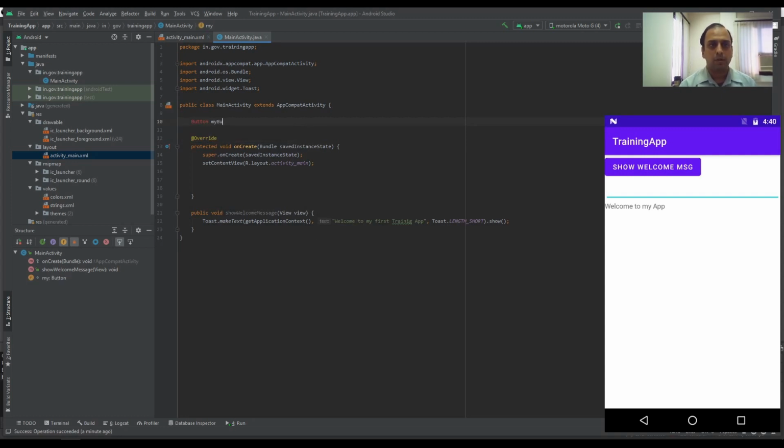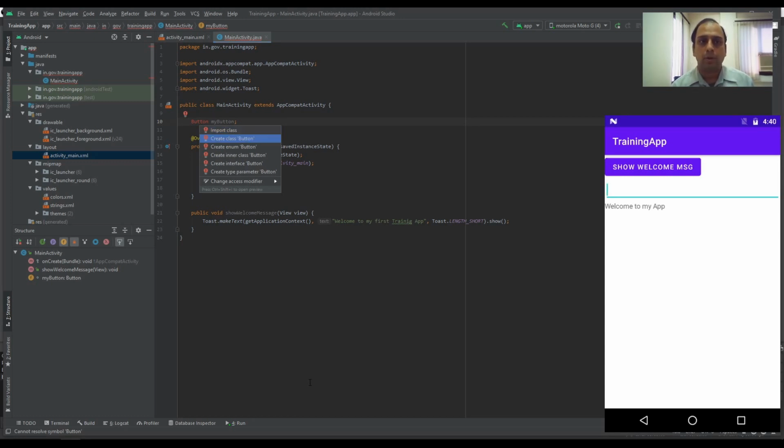my button. Okay, see, Android doesn't know what button means because that particular library is not yet imported. So it says cannot resolve the symbol. To resolve the symbol, you press Alt Enter, and it will ask import class.